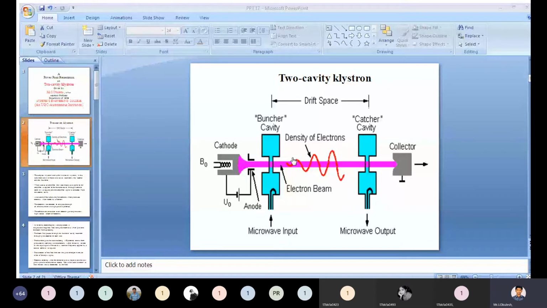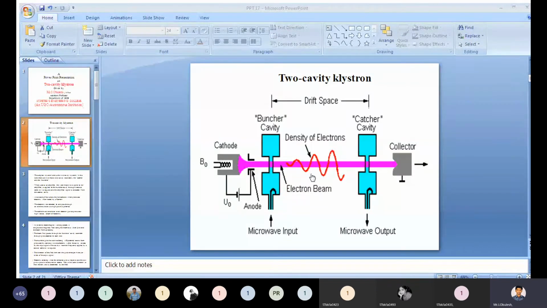And the electrons entering a half cycle later, when the polarity is opposite. Why? Let us assume this is the positive and this is the negative; then half a cycle later this is the positive. For that reason the polarities are opposite. These electrons encounter an electric field which opposes their motion and are decelerated.